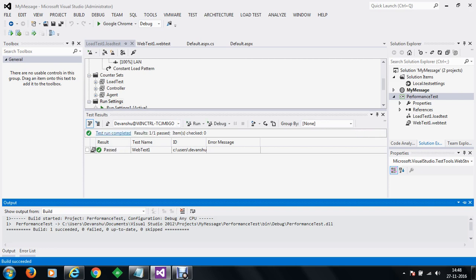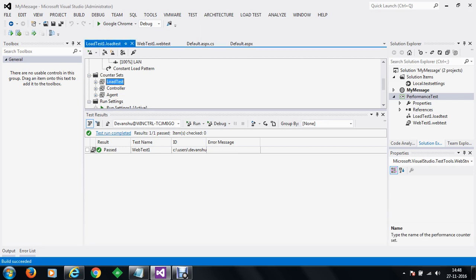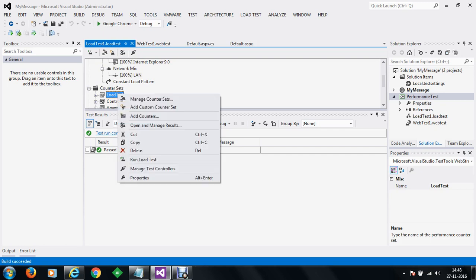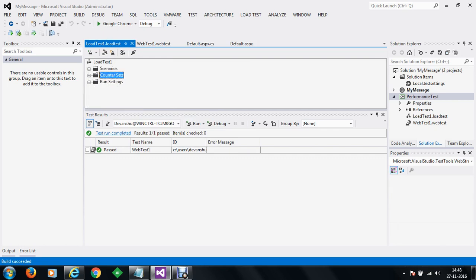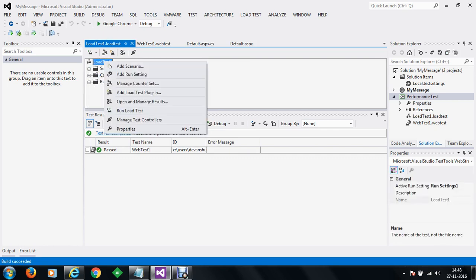This was the performance test, and here is the load test. Count test categories, load test page errors. So this is your test. So now we are going to run the load test.